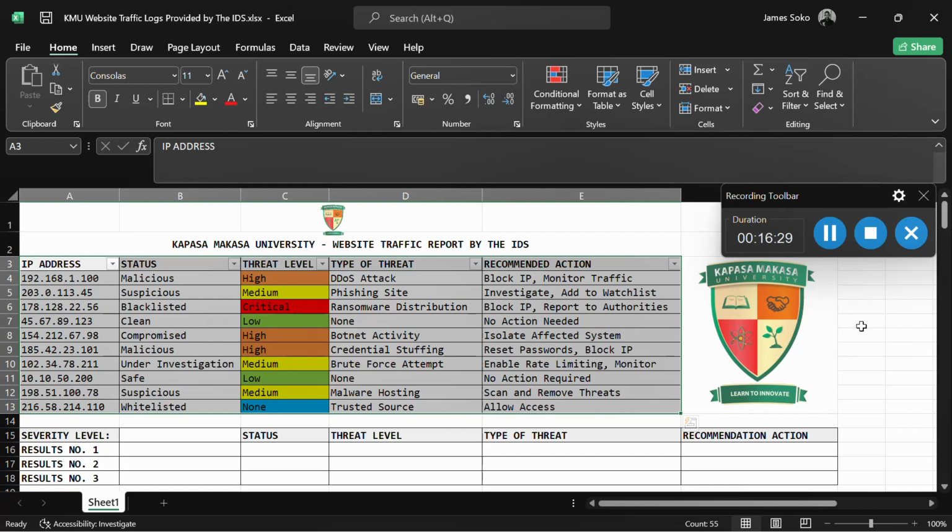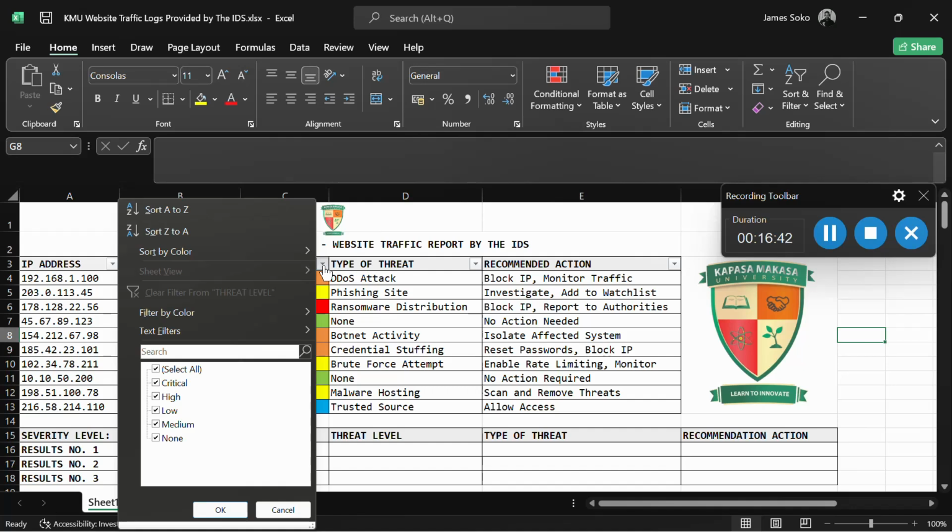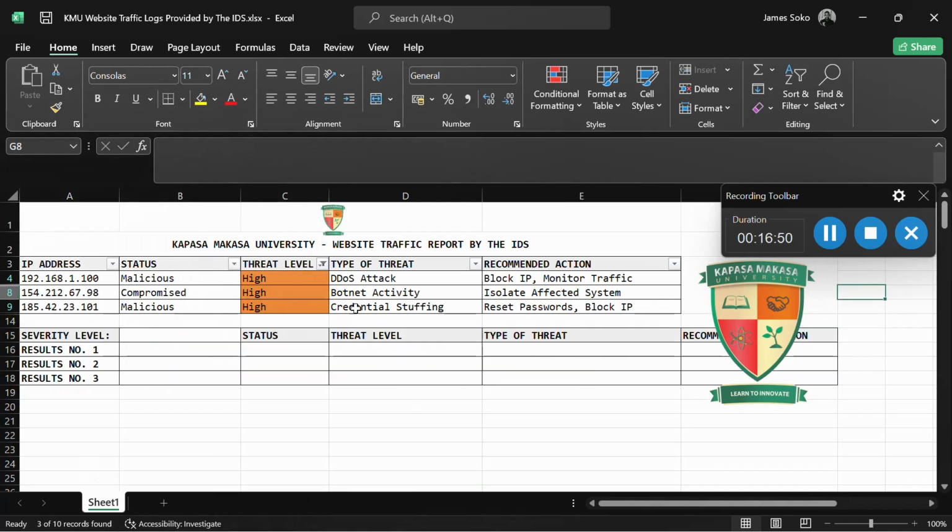Once I press on filter, you can see that now we have the drop down buttons. If you want to filter something by its maybe threat level, we're going to click on that. Then maybe we can just search for something which is high. Then we say okay. Then it will just filter out something which is high.